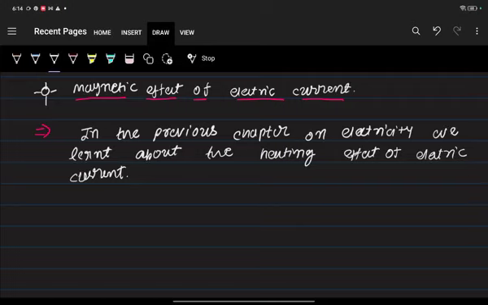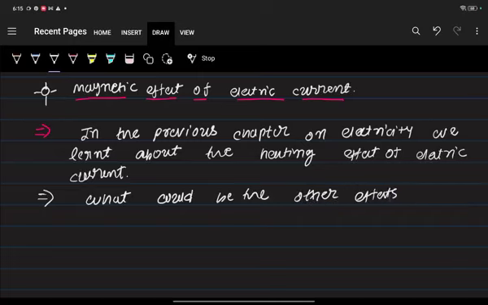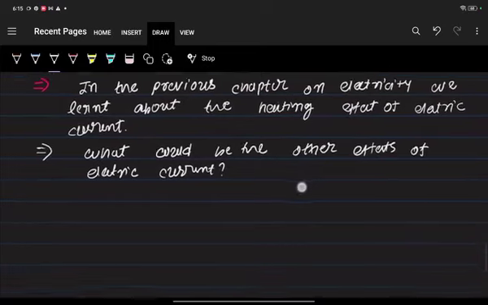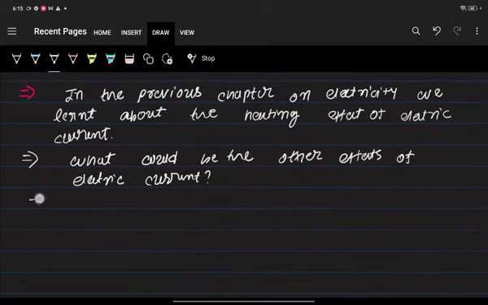So, what could be the other effects of electric current, right? That is our main question. What else there can be? So, we know that an electric current carrying wire behaves like a magnet, right? Yes, sir. We know that